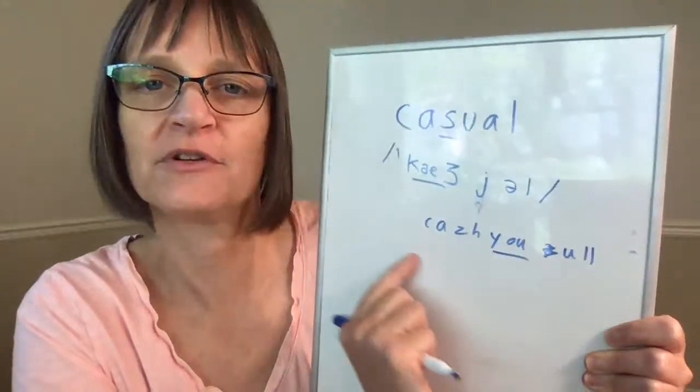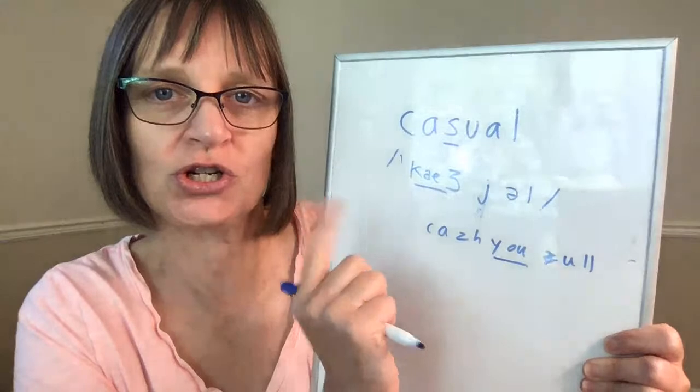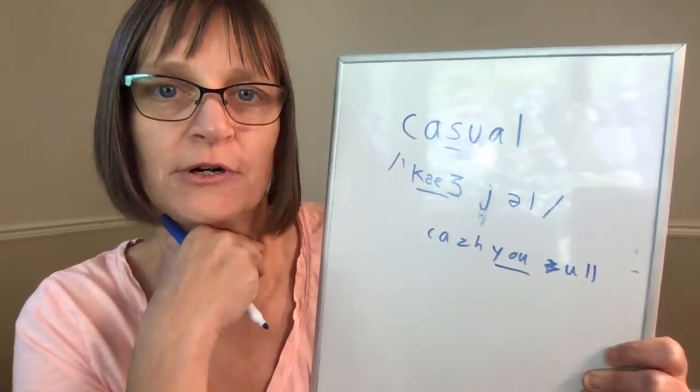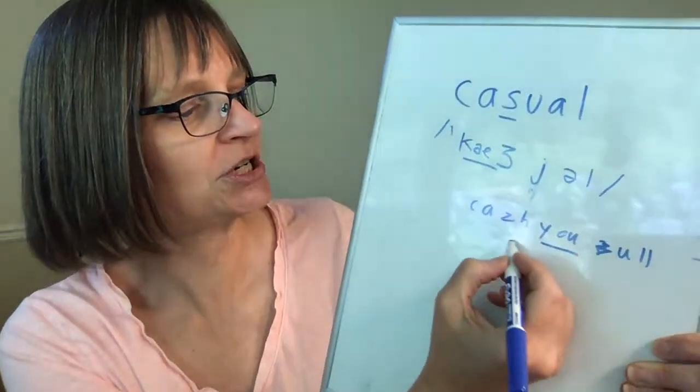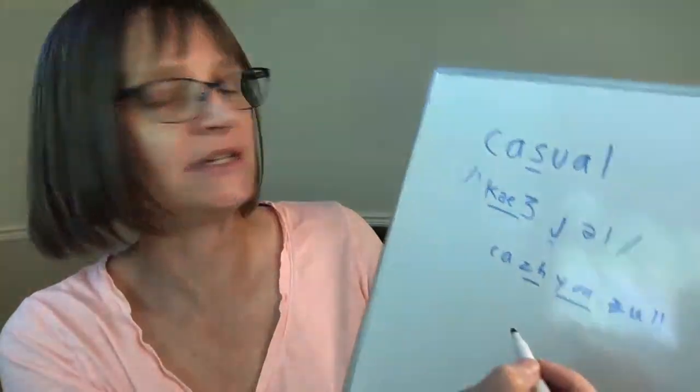So if you have trouble saying the zh sound, what you can do is say the SH sound, shh, then turn your voice on, shh, zh, casual. So it's kind of like cash, but with voicing here. And then for casualties,